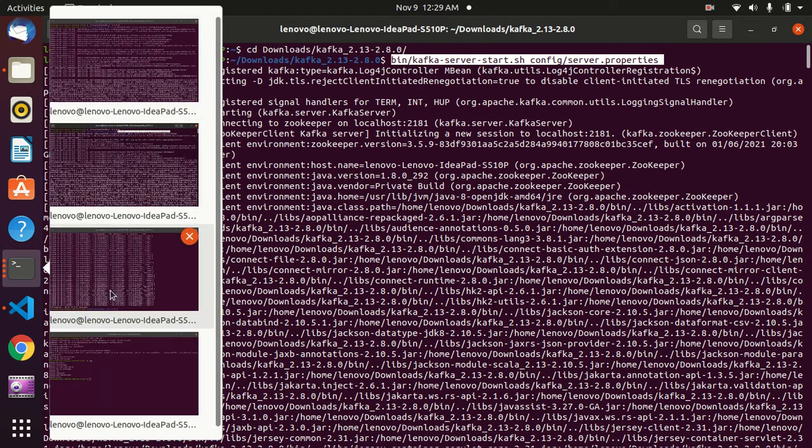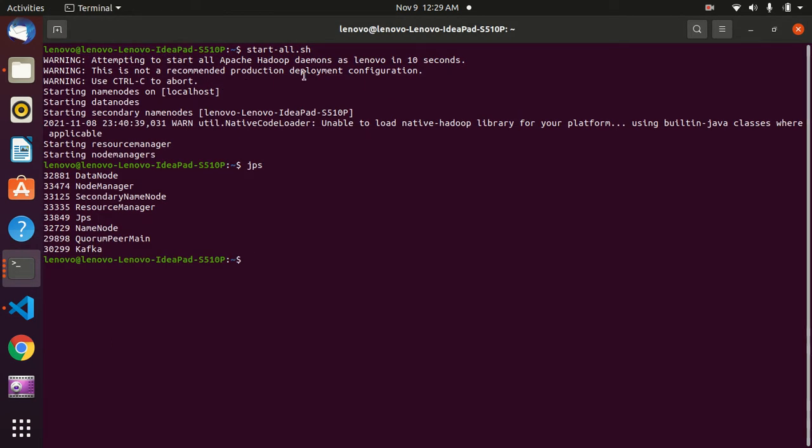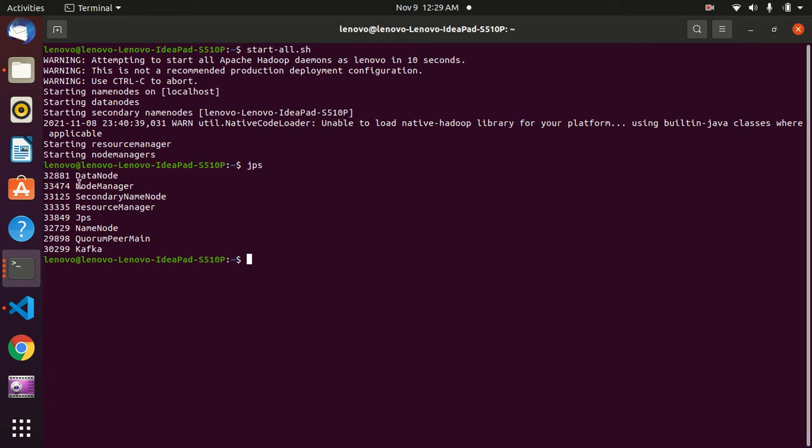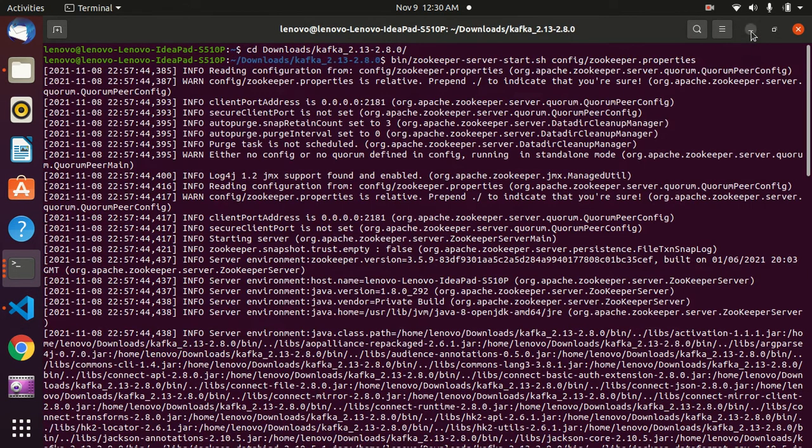So for that we will use start-all.sh, and jps also we will use, so that we will get to know what are the nodes running in our Hadoop system. So these are the things running: Kafka, and our zookeeper is running, and our jps node manager, so Hadoop is running. So now what we do is that we will take a